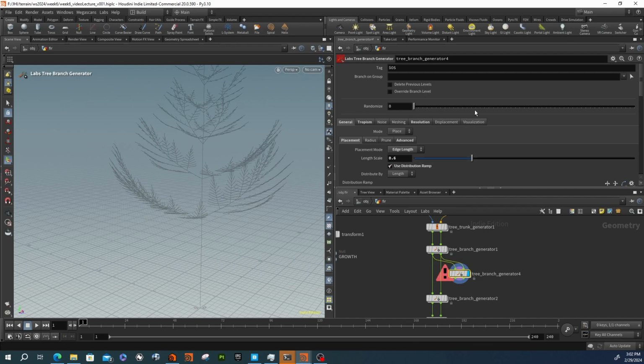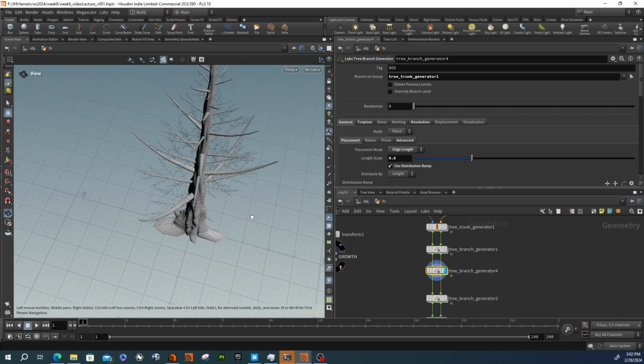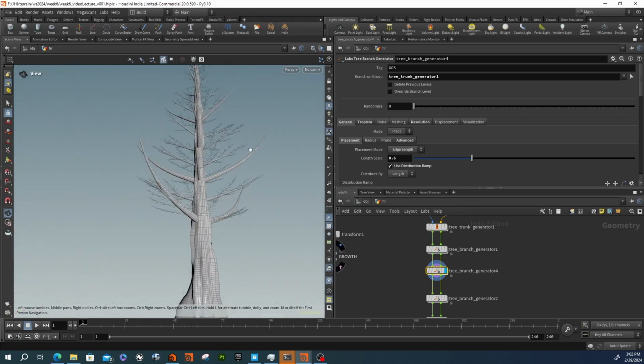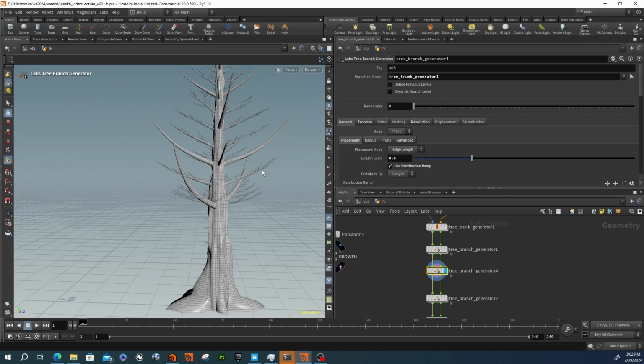So what I'm going to do is tell it exactly what level I want this to grow off of. I want this to grow off of our tree trunk generator. So I'm going to tell it that. And you see now the error goes away. I don't know why that node seems to have a memory, but it did. So now, there you go, you can see that we've got our two sets of branches, and it gives me the ability to have a little bit more fine-tuning control. I can vary those based on